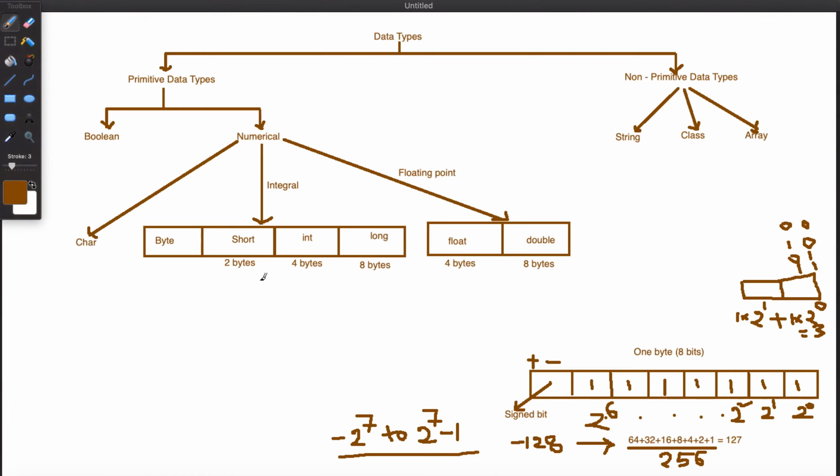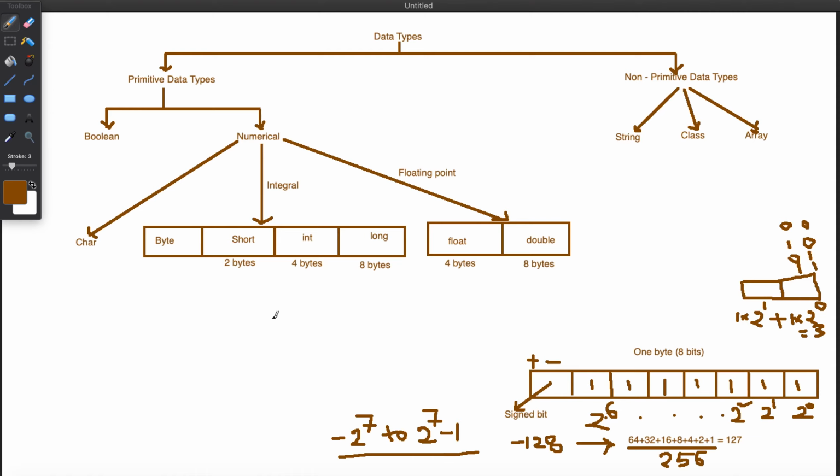Okay, now let's go to the short. Short takes 2 bytes of memory. 2 bytes means you have 8 plus 8, a total of 16 bits. If you have 16 bits to store the range, the first bit is a signed bit, as you know, and 15 bits will be available to store your data. Assume all 15 bits are ones.